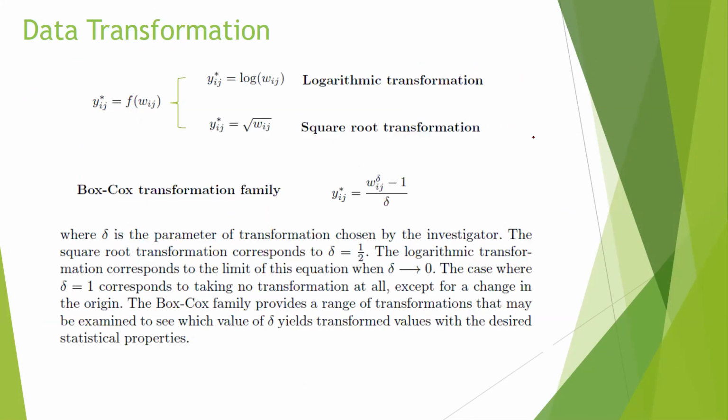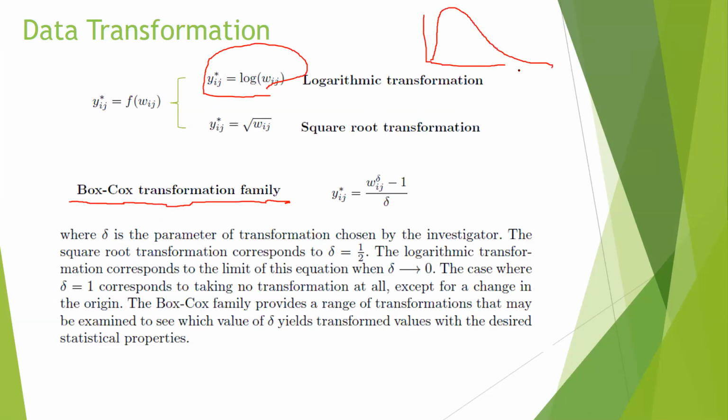There are many ways to do the data transformation, for example the Box-Cox family of transformation methods. The most commonly used is the log transformation. If your data looks like this, with some extremely large values, you use a log transformation to pull them towards the main body of your data. Then you make the data look nicely like a bell-shaped normal distribution.